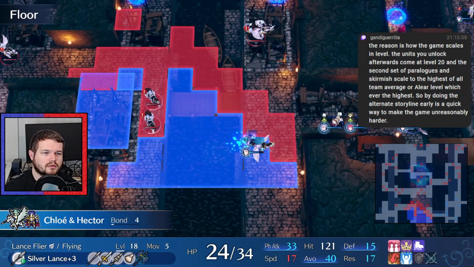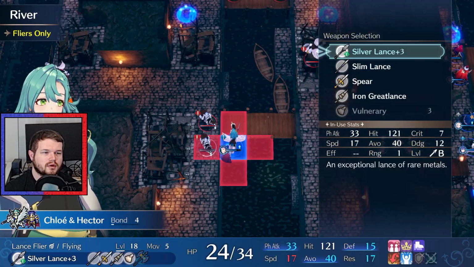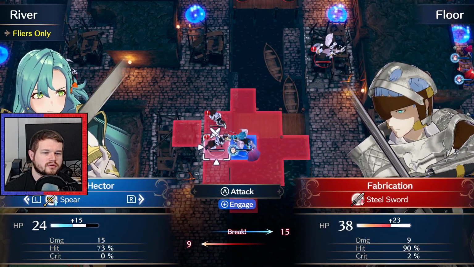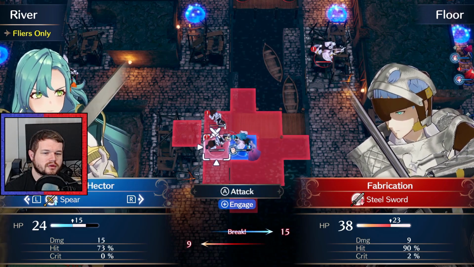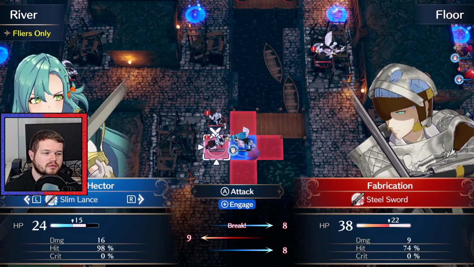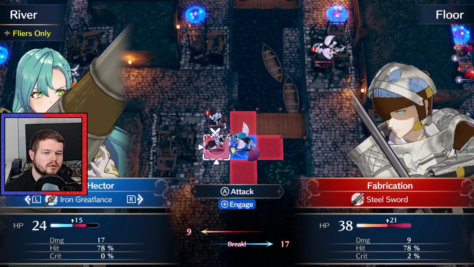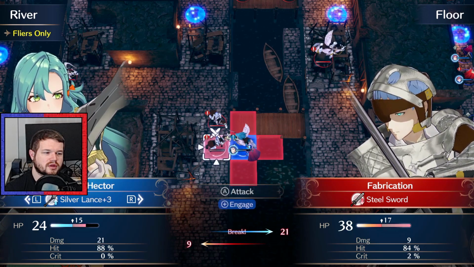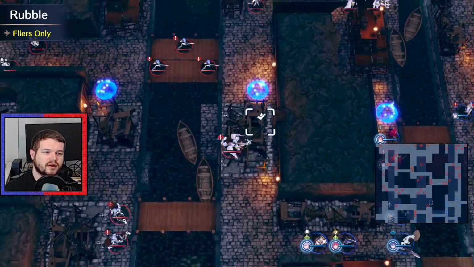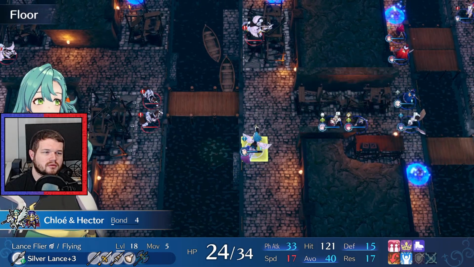Alright. Well, I know that Chloe can survive a hit from these guys, but is it better to do Silver Lance, Slim Lance, or Spear? So let's see. So, Silver Lance is 88 with 84 hit, Slim Lance is 74. They're attacking up close no matter what. Iron Great Lance is not great because obviously she's taking hits for that. I think I want to do as much damage as I can if I get targeted. So I'm going to do this, which is...